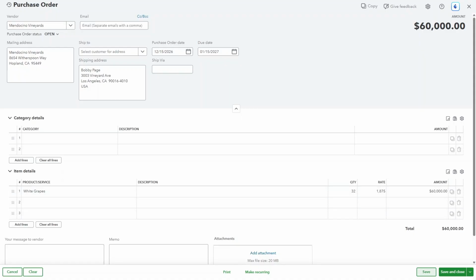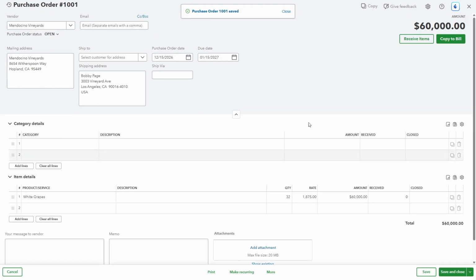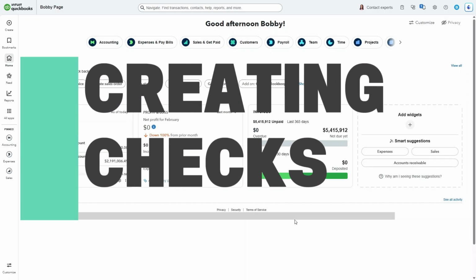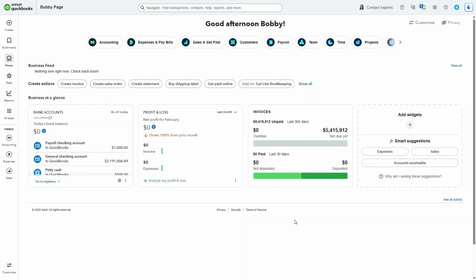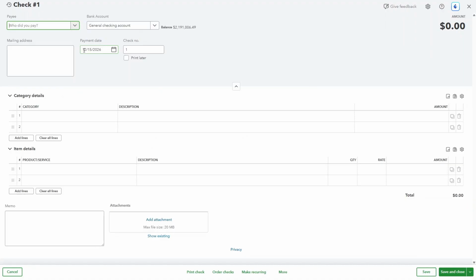So now we will press Save, and we have created our purchase order. Our next transaction focuses on the purchase of a truck and making a down payment on it. So to do this, we will create a check. So go to Create, and then go to Check, and then from here you can enter all of the relevant